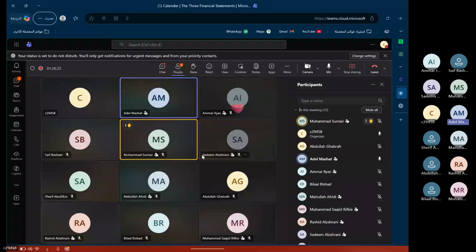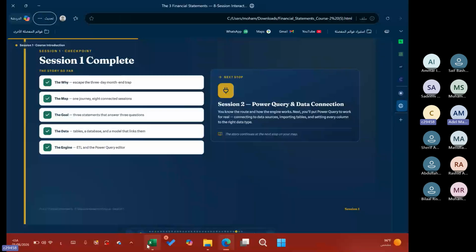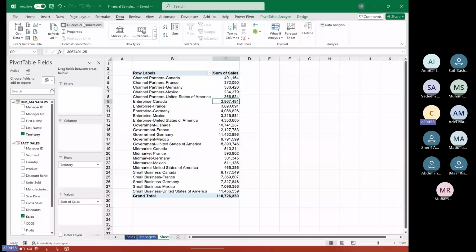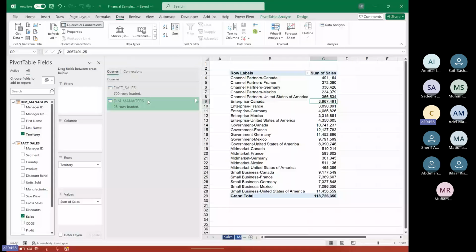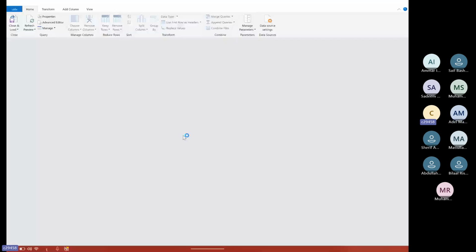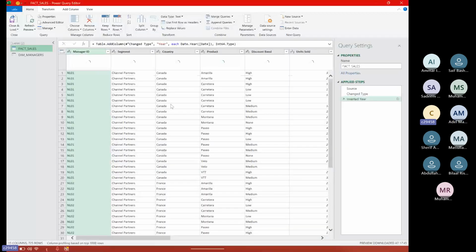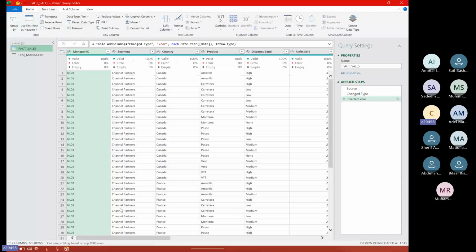Muhammad: Thank you for your explanation, but I think when we practice this, it will be more clear. 100%. Next session, inshallah, we will explain everything from inside Power Query. Today it's only an introduction. I know a lot of people don't love this talking, but it's very important to know a lot of things. Next time we will explain how you can transform your data. You will find it's very easy and very powerful, inshallah.